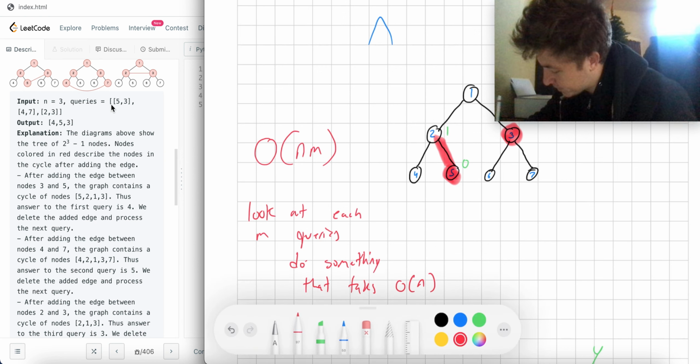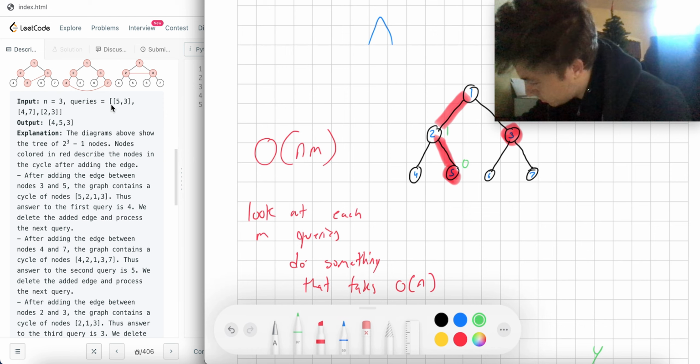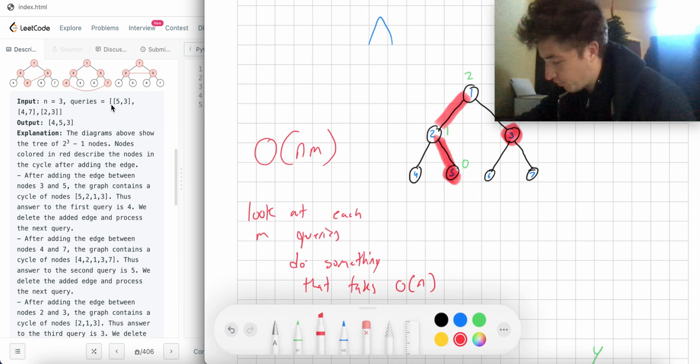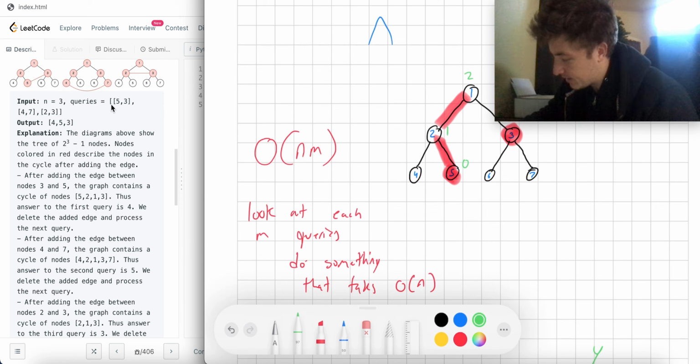And then if 5 wants to get to 1, that's going to cost 2. If 3 wants to get to 3, that's going to cost 0. And if 3 wants to get to 1,